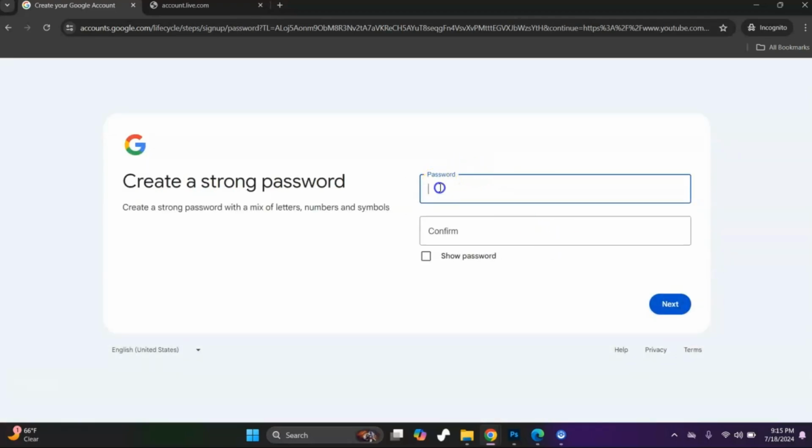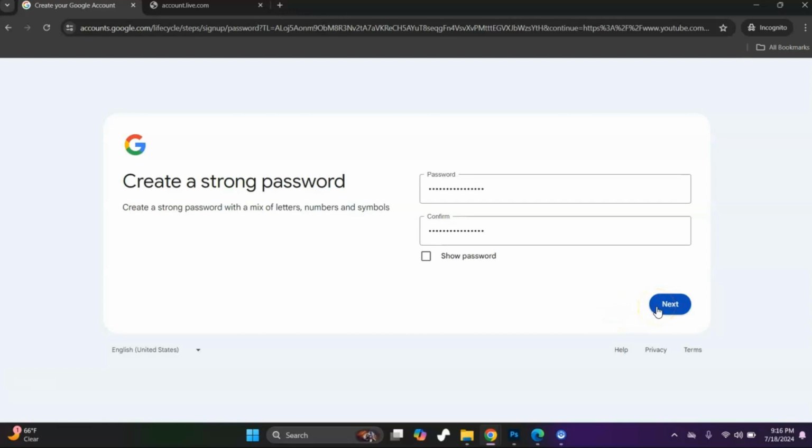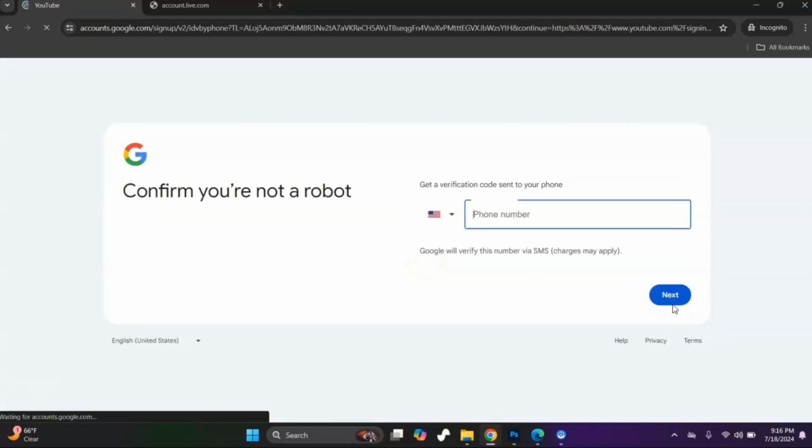And then now you're just going to type a password. Then once you're done doing that, you can toggle this to make sure that you can see it. Oh my Lord, is that my password? No, probably not. But anyways, I'm not going to use this anymore after I'm done here, so you can have it. So we're going to hit next,